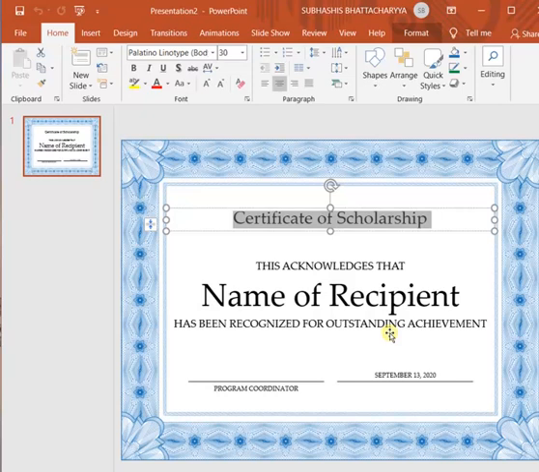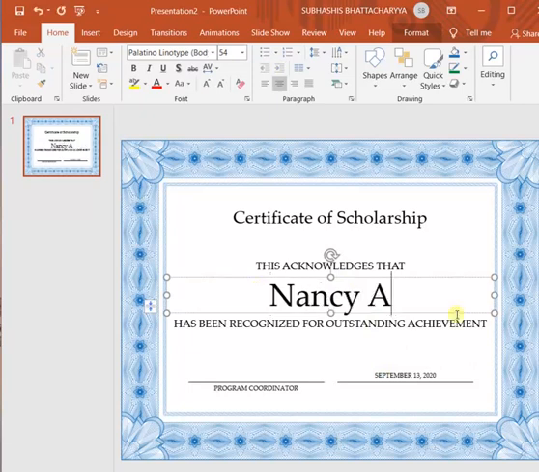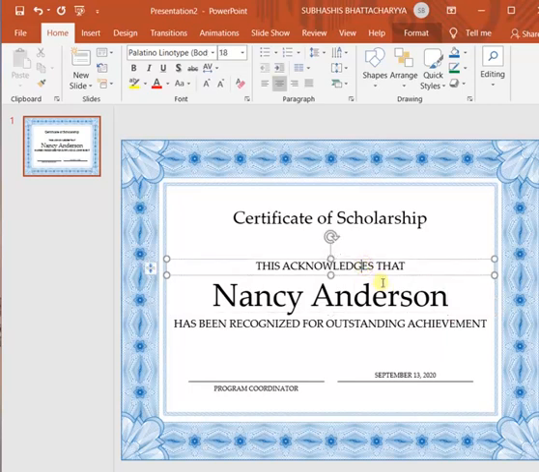We don't have to work on it. We don't have to give our time in designing the certificate. Already the design has been made previously, so it makes our work very quicker and easier. We just have to make some changes according to our requirements. Suppose if I want the name, I can change the name here, I can change the date here. So only a few changes you have to make and our design is ready.